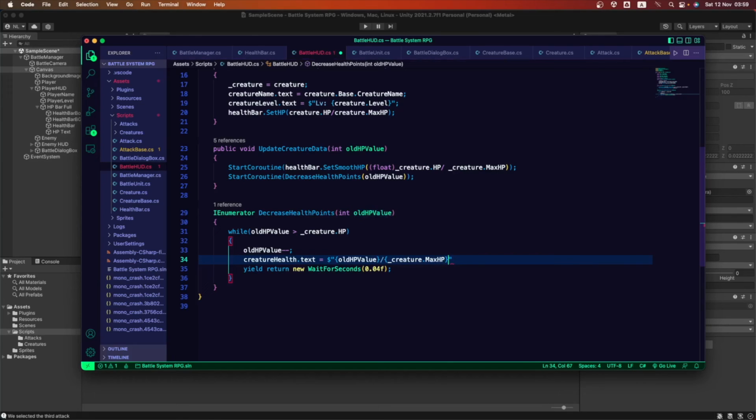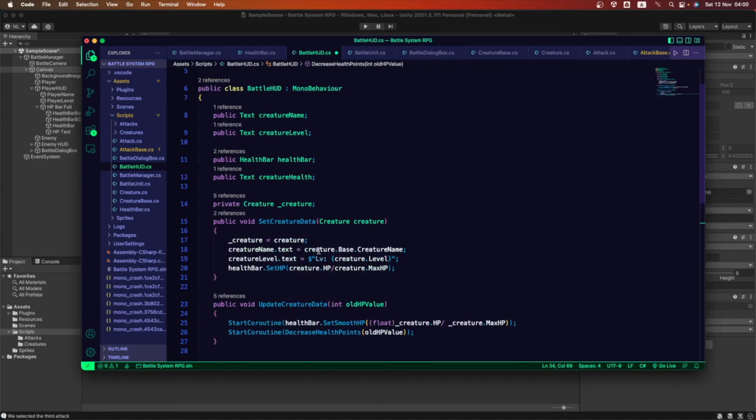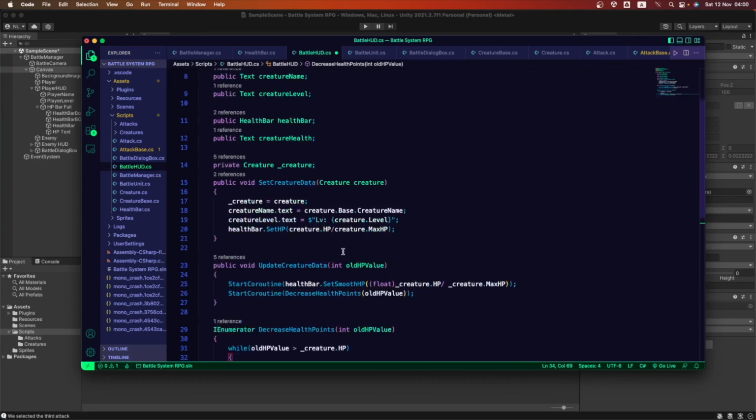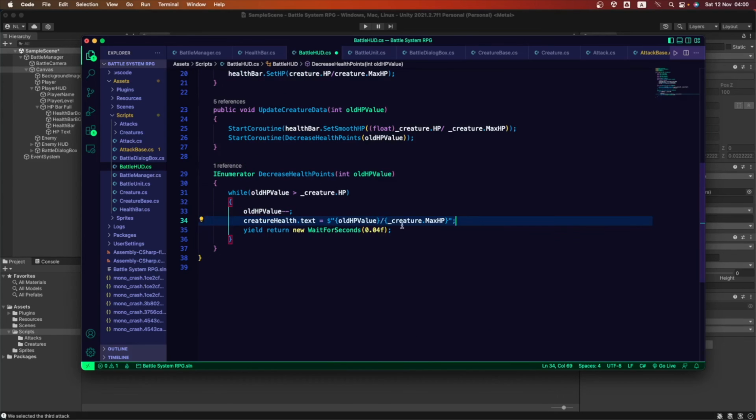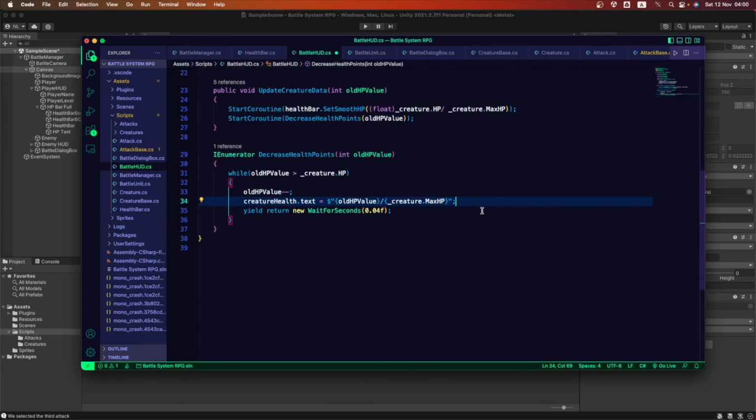Okay, so that's why we were using this one to differentiate the creature from the creature we are using here. Here we know we are getting the health points of this creature, the one that we assigned here. Okay, so there it is.